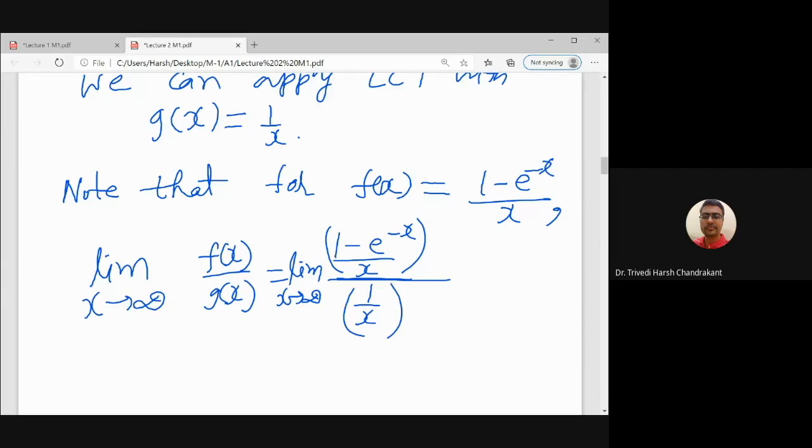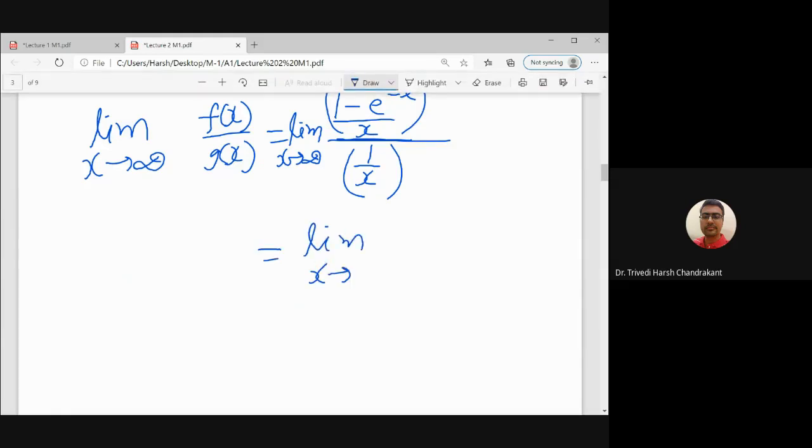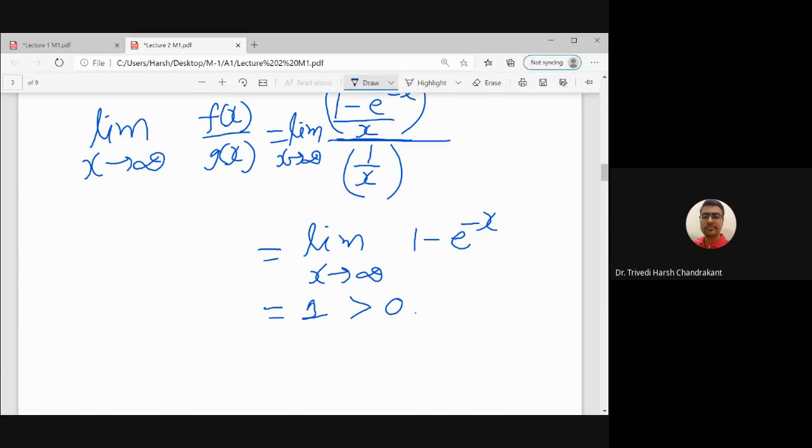So now we know that either we can multiply x in the numerator or denominator, or by cancelling 1 upon x we get this limit as the limit of 1 minus e power minus x. And then we know that e raised to x is an increasing function, it approaches infinity as x tends to infinity. So e raised to minus x approaches 0 as x tends to infinity. So the limit is 1. And the criterion of the limit comparison test is that the limit is greater than 0, which is the case here. So therefore